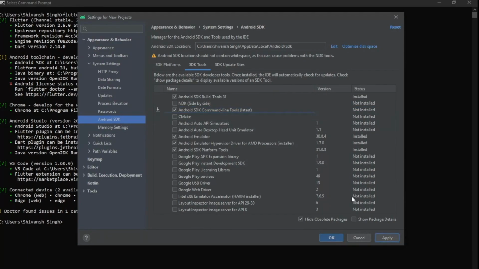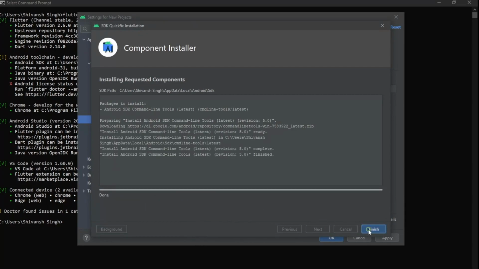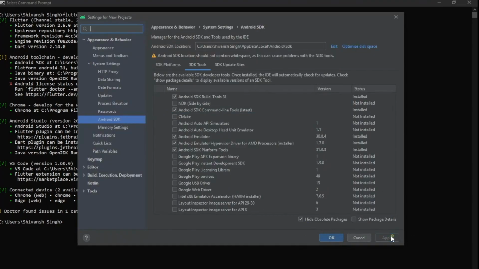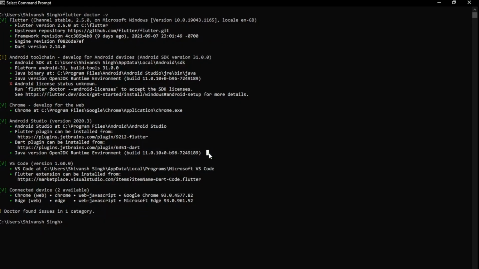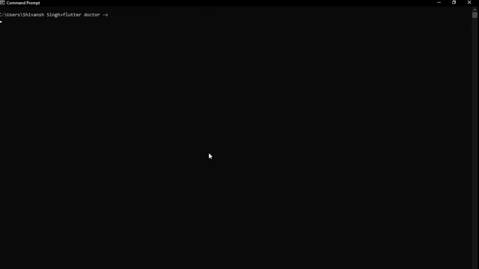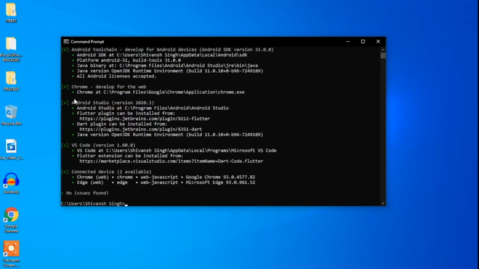Just click on apply and this will download the tool for us. And now when I go to my command line and enter the flutter doctor command again, you can see we have no issues found.